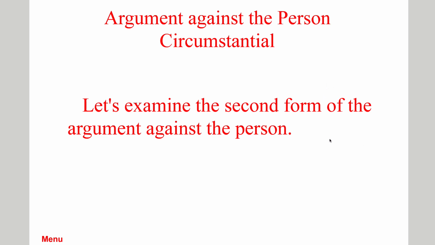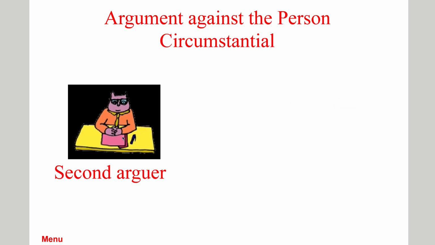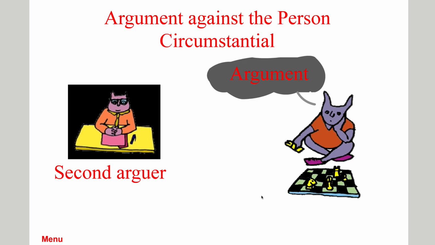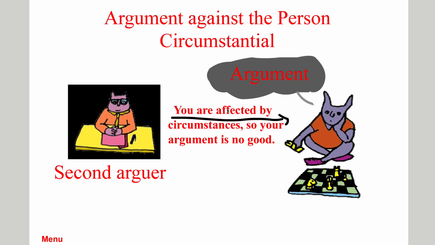So let's examine the second form of the argument against the person. This is circumstantial. There's a second arguer, right? And then there's the argument. Okay? You are affected by circumstances, so your argument is no good. So, for example, this person might argue, we need a raise in the minimum wage, and this person says, oh, well, you only support that because you'd get a raise because you work on the minimum wage. Well, that doesn't refute that argument, right? Just because the circumstances of someone might lead them in a certain way doesn't mean that their argument is wrong,